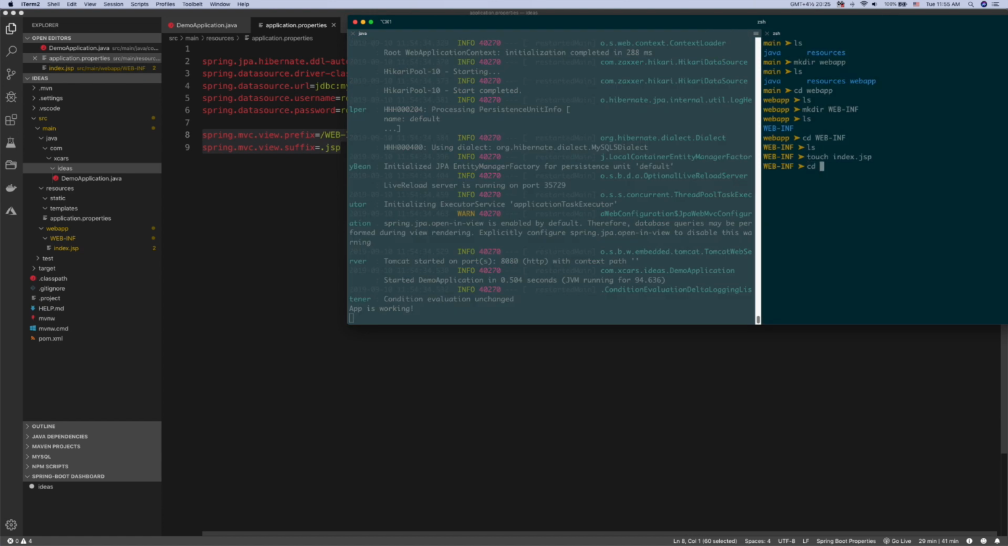We are in WEB-INF. cd java. I'm doing this on purpose because I want you to see the path we take so you don't get confused. And cd ide. We will go all the way down to see the file called the demo application.java. So once we are there,